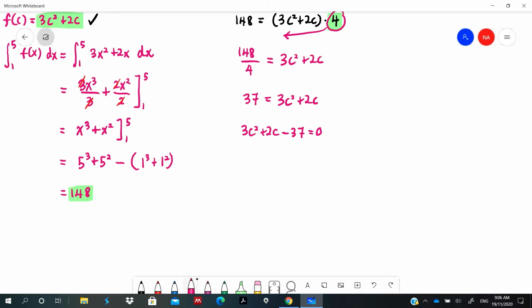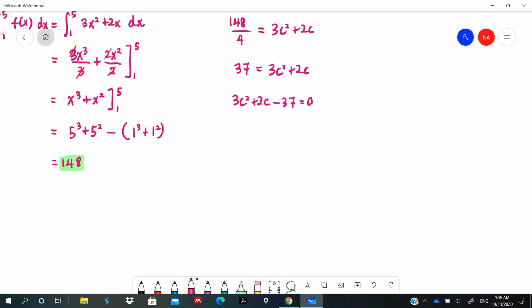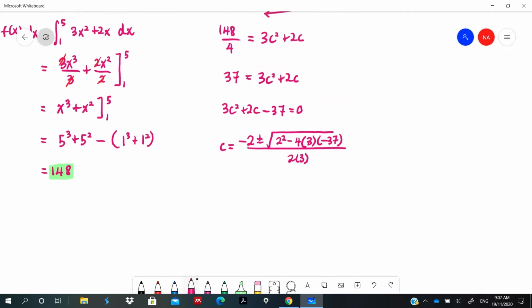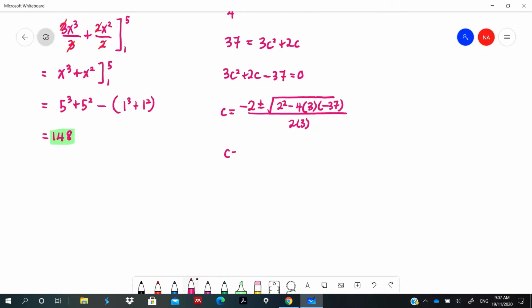Why do I need to write in this form? Because we have to use the quadratic formula to find the value of c, where c is given by negative b plus or minus the square root of b squared minus 4ac, over 2a. In this case, b is 2, so 2 squared minus 4 times a, which is 3, times c, which is negative 37, over 2 multiplied by 3. We can actually utilize our calculators to find the value for c. So we insert the value of a is 3, the value of b is 2, and the value of c is negative 37. So I'll get c is given by